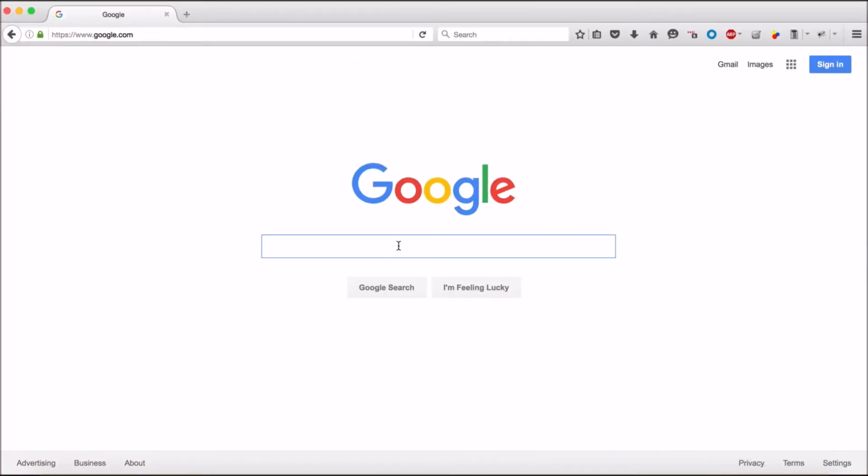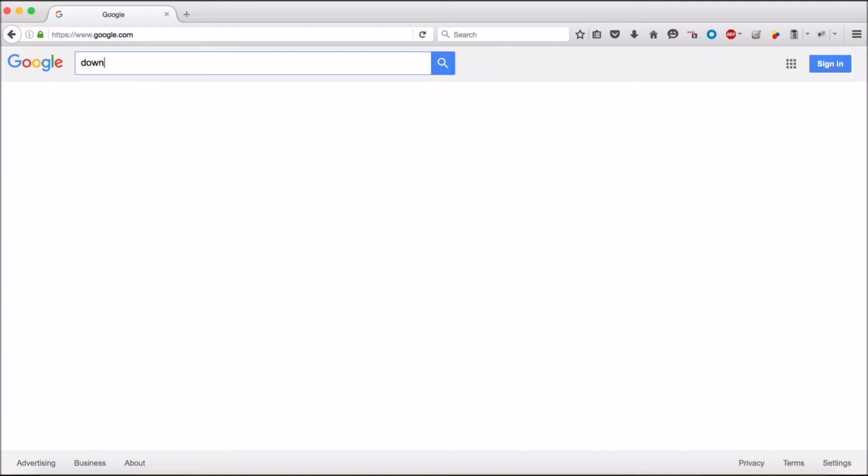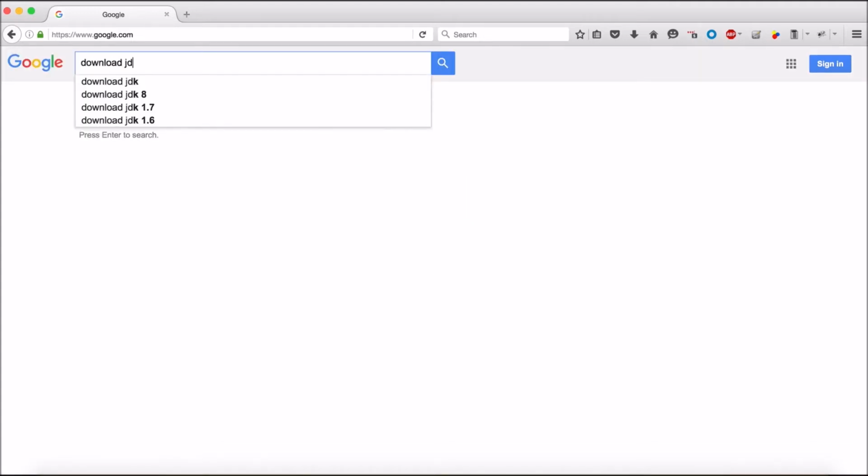The first thing we wanna do here is we wanna download the JDK. JDK stands for Java Development Kit and it comes with the JRE. JRE is Java Runtime Environment. JRE is needed for any application to be run on our system that uses Java. So basically, since we are going to be implementing also in Java, we need JDK as well. So let's say download JDK,